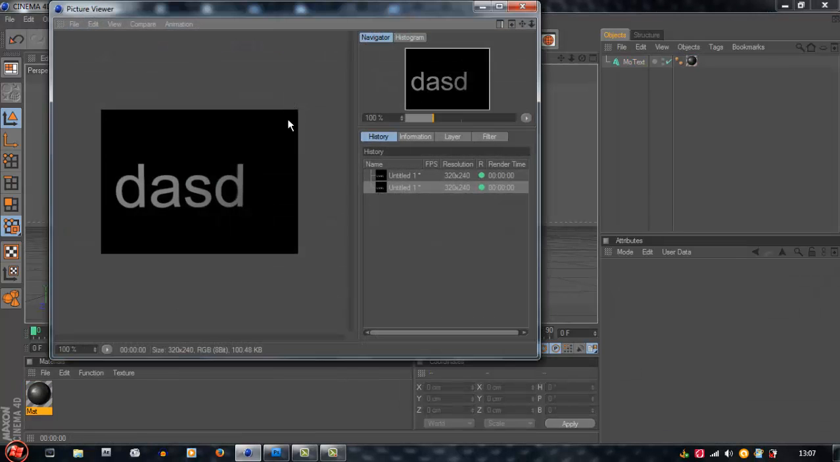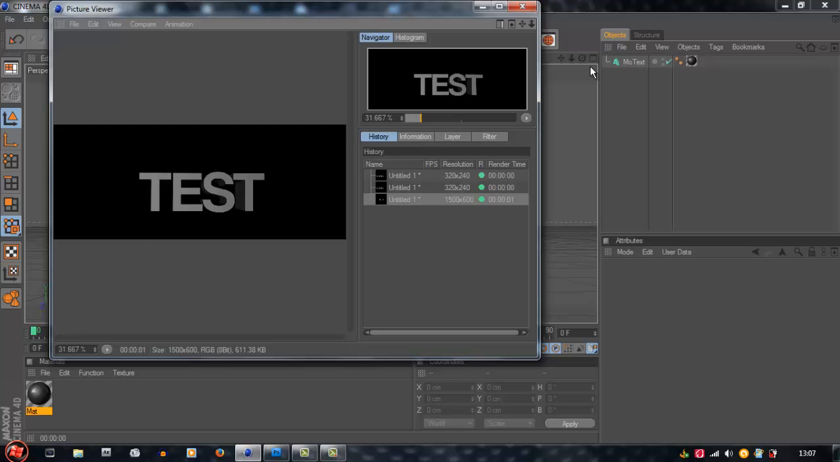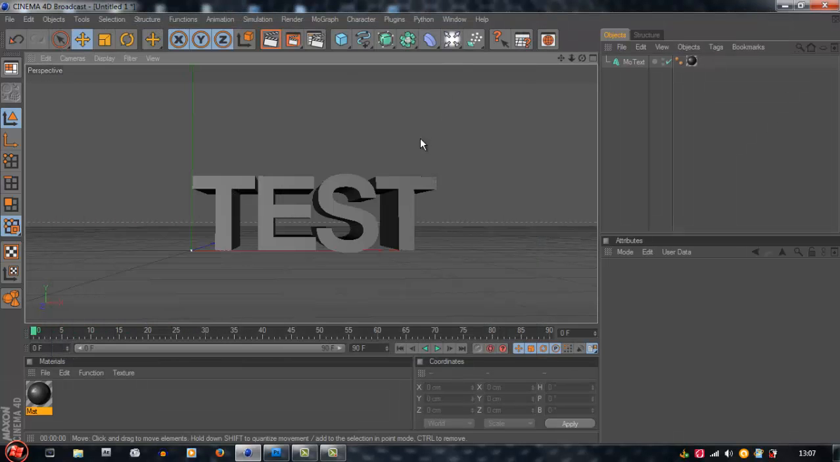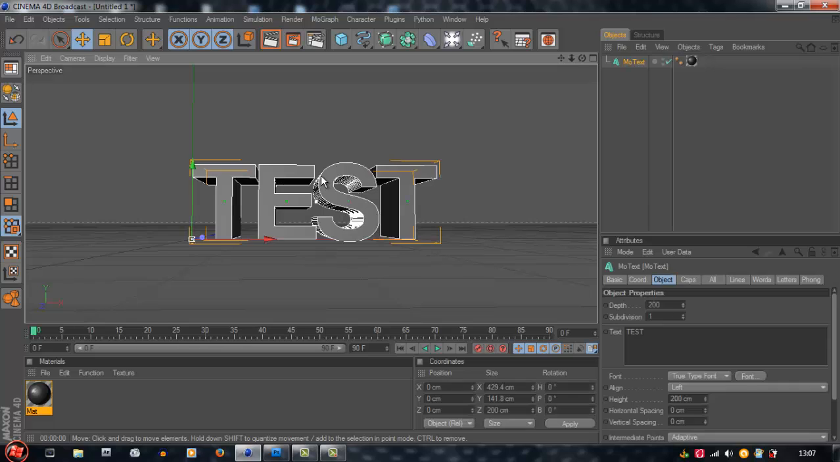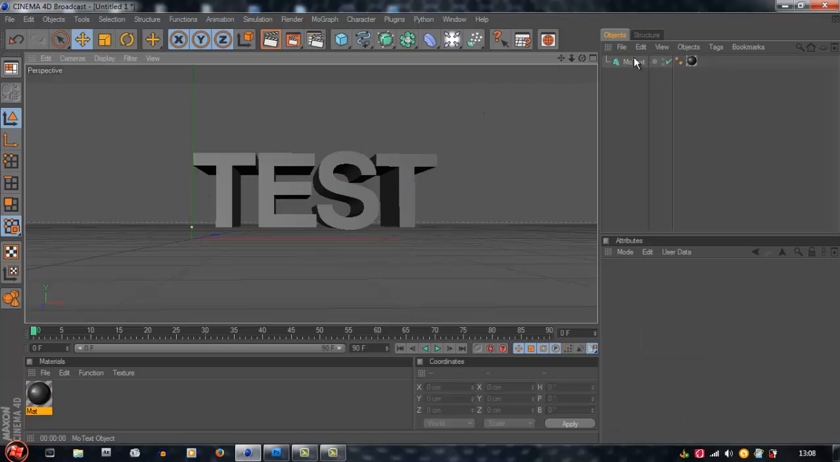So let's render it and see what we got. Alright, so there we go, we've got text. Now, for a good looking text, I would suggest 2 colors. So what I'm going to do